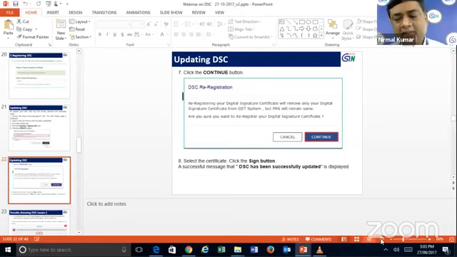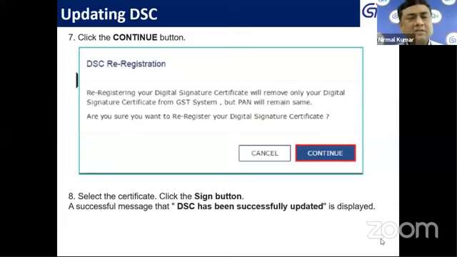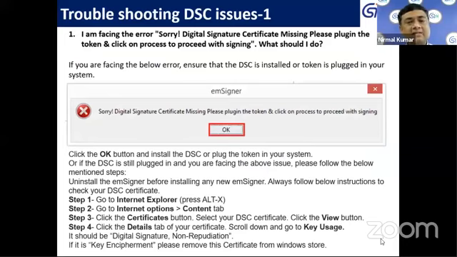Thank you for listening to the small clip for the updation of the digital signature certificate. I have already explained the digital signature certificate. Why do you need a digital signature certificate? How do you go to the GST portal to register a digital signature certificate? How do you update a digital signature certificate? The last part of the journey is what if you land up into errors? What if you are facing errors in registering the digital signature certificate or applying the digital signature certificate